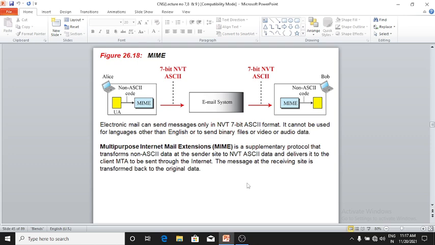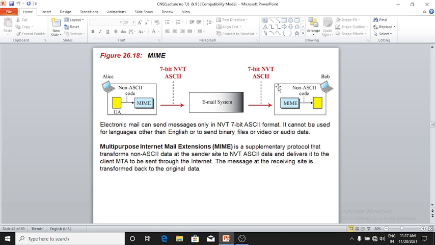Multipurpose Internet Mail Extensions, MIME, is a supplementary protocol that transforms non-ASCII data at the sender side to NVT ASCII data and delivers it to the client MTA to be sent through the internet. The message at the receiving side is transformed back to the original data.